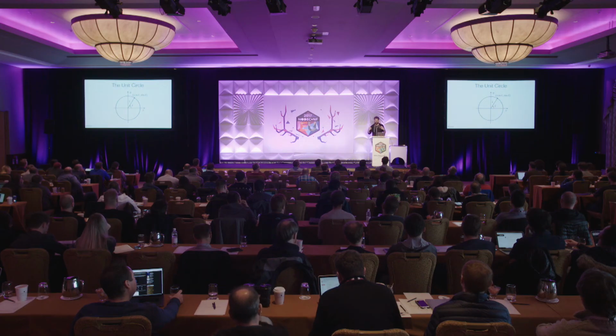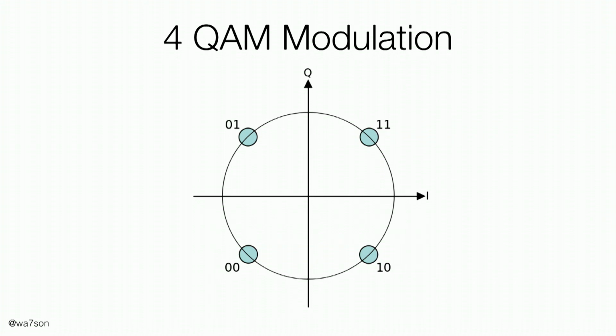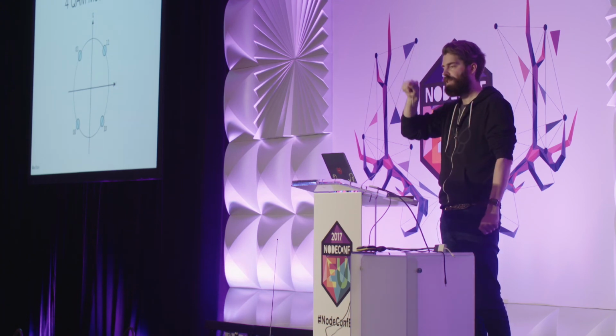And so we always think about this thing we call the unit circle. The unit circle is basically the distance from the origin and then one out. And that gives us a point on the unit circle, which is the cosine and the sine of the angle. And using this information, if we are clever enough about when we look at the point, because the wave is of course moving all the time, but if we agree, okay, we are going to look 8,000 times a second, and we're going to start now, and then we're going to do dun, dun, dun, dun, dun, then we can actually manipulate the wave to be at a specific point. This point, we can make sure it is in a specific place around this circle